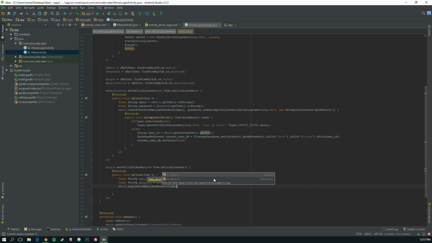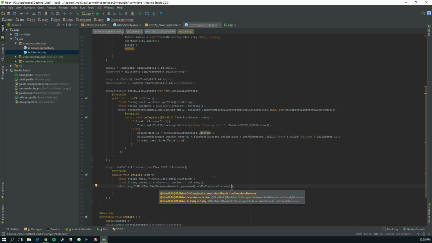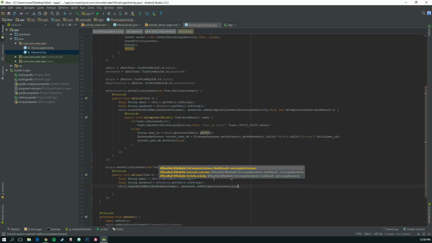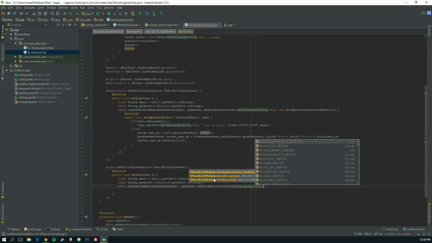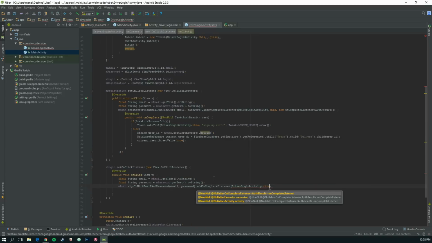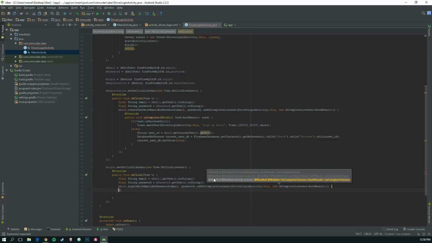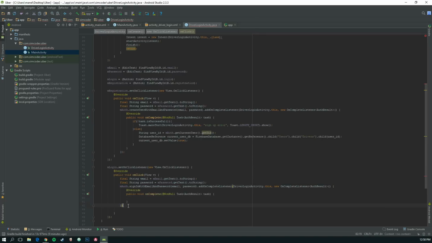Okay, pass the email and the password. Dot addOnCompleteListener, DriverLoginActivity.this, new OnCompleteListener. Okay, add the semicolon,